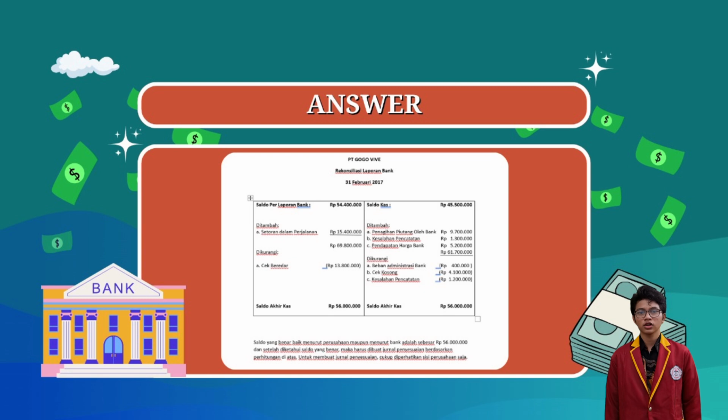Solution. The first step is to create a table and remember to write the title. For example, PT KDEC A Bank Reconciliation Statement as of February 31, 2017. The left column is for the company, and the right column for the bank. To balance the company and bank records, you need to add and subtract accordingly. 1. According to PT KDEC A's records, the cash balance is 45,500,000 Indonesian rupiah. So, record it under the company's column as 45.5 million Indonesian rupiah.